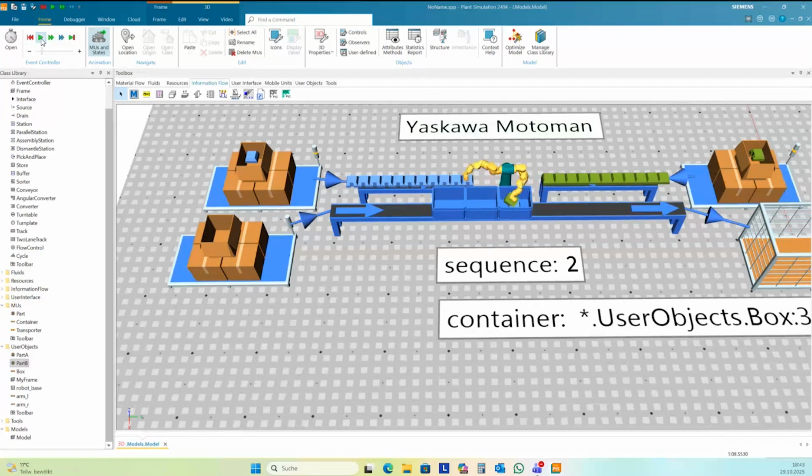Okay, and so we have a 2-arm robot. It's not in your class library, but you can combine building blocks with MUs to create such more complex elements.